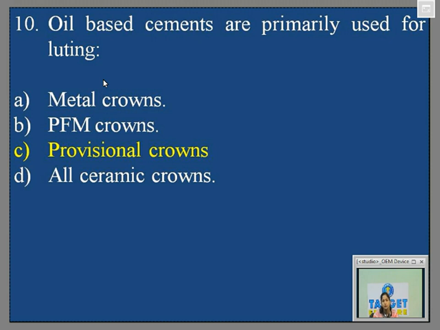The punch here is that you can never use a resin modified GIC for the cementation of an all ceramic crown, and that is how most likely a question is asked, that all can be used except for the cementation of all ceramic, and that is RMGI. RMGI has lesser elastic modulus, it can undergo more plastic deformation as compared to your conventional GICs, and that is the reason why it is not used for cementation of all ceramic. I hope this question is clear and you've written about RMGI.